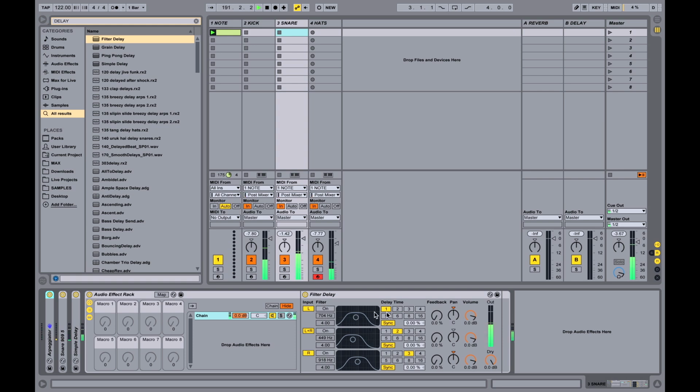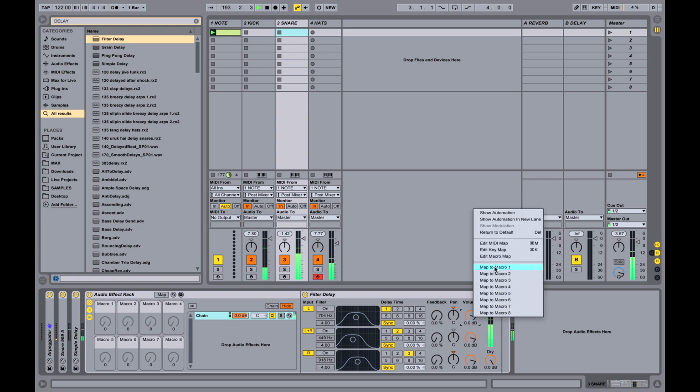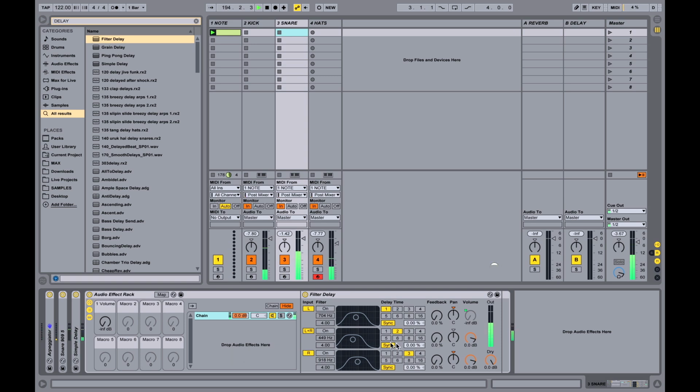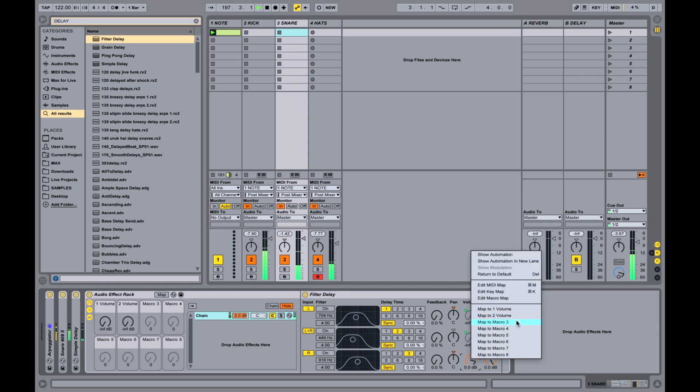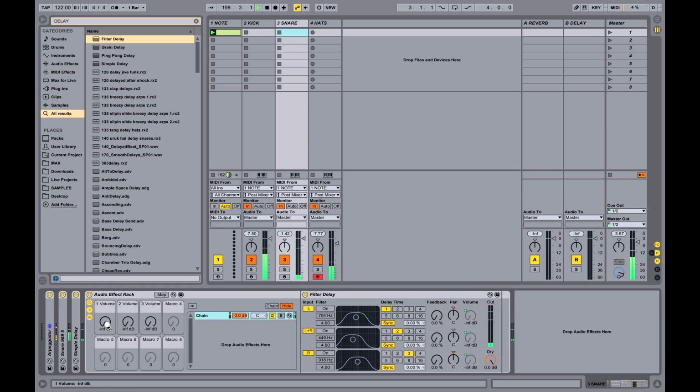So what I'm going to do now is I'm going to get the volume of this and map it to this first macro control. Let me turn this one to the next. And now I've got the ability to turn those up as I see fit. I'm going to name these by typing Command R,